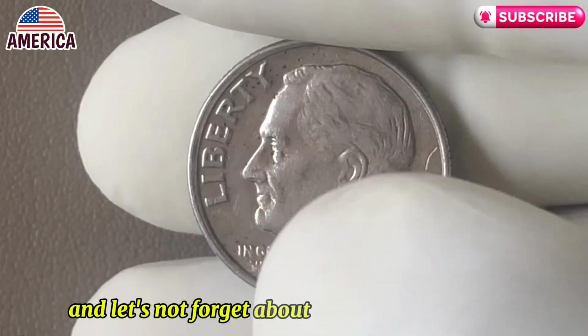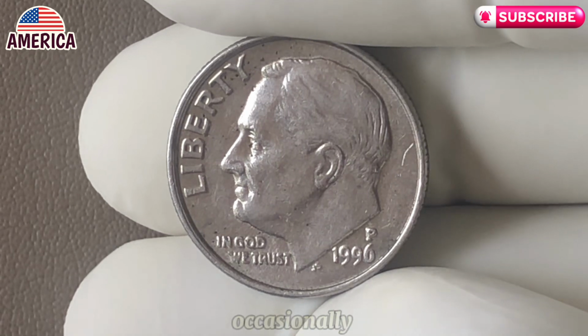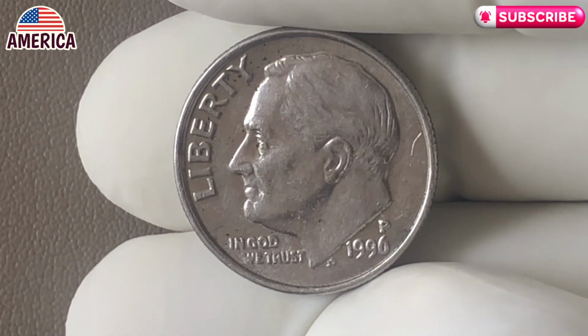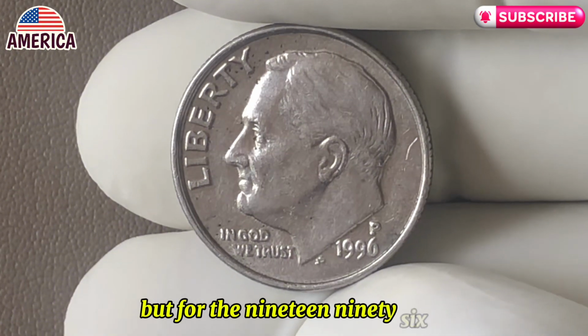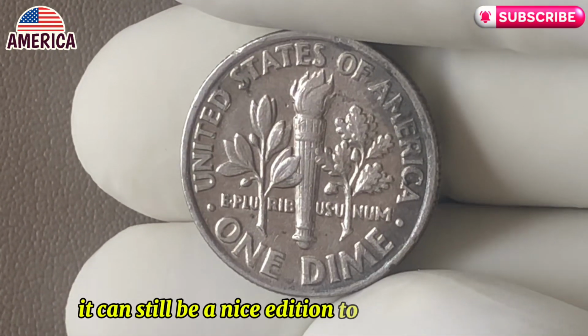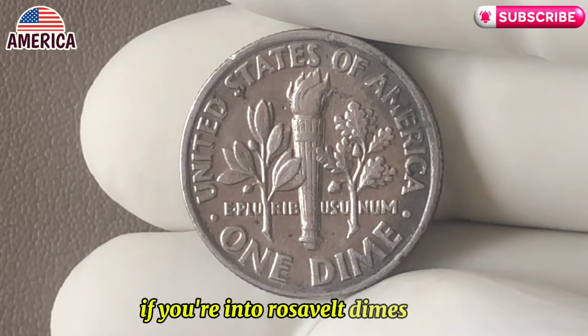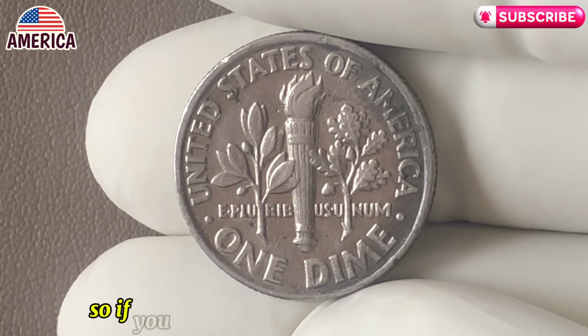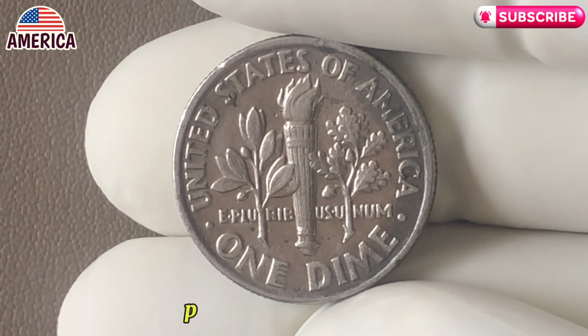And let's not forget about the collector's market. Occasionally, certain years or specific mint marks can attract attention. But for the 1996, while it's a rare collectible, it can still be a nice addition to your collection if you're into Roosevelt dimes. Finally, its market value is $50,000, so, if you come across a 1996 dime in your